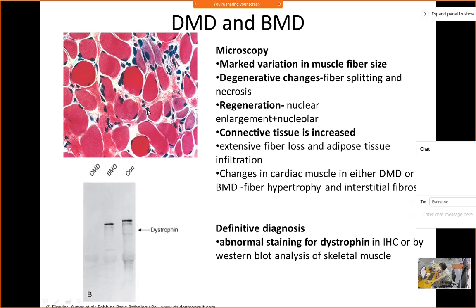And like I said, in pathology, most of the time the histology is not the answer, it is the correlation with the clinical picture which gives us the answer, because you can see here I have put both Duchenne's and Becker's. So histologically we cannot really differentiate between Duchenne's and Becker's. It is at the level of immunohistochemistry and Western blot analysis that we can actually show the presence of abnormal dystrophin or the absence of dystrophin altogether. Only then can we give a diagnosis of Duchenne's versus Becker's. Okay?